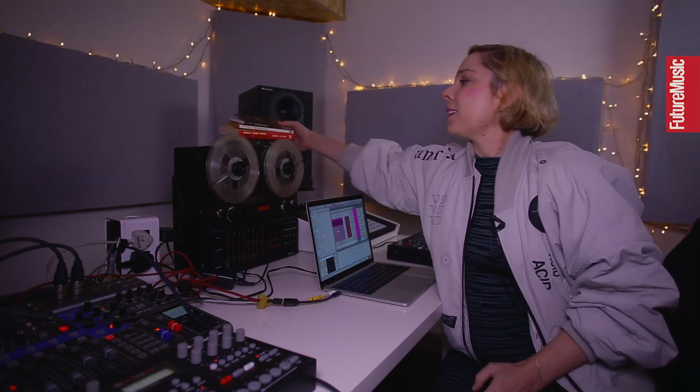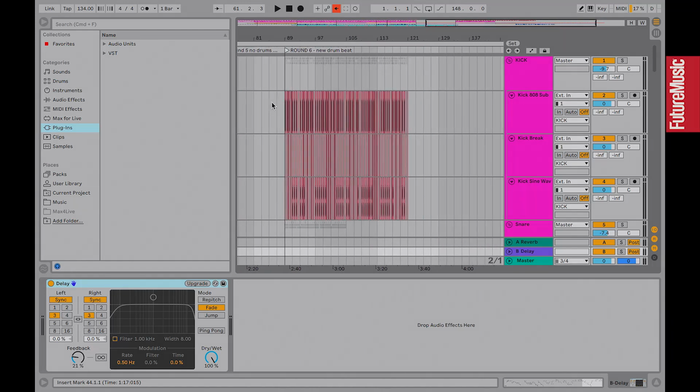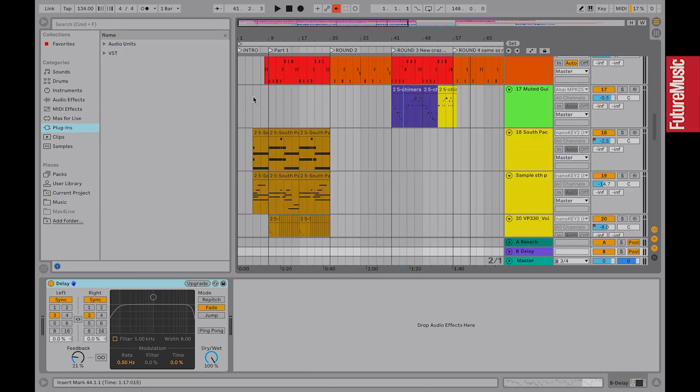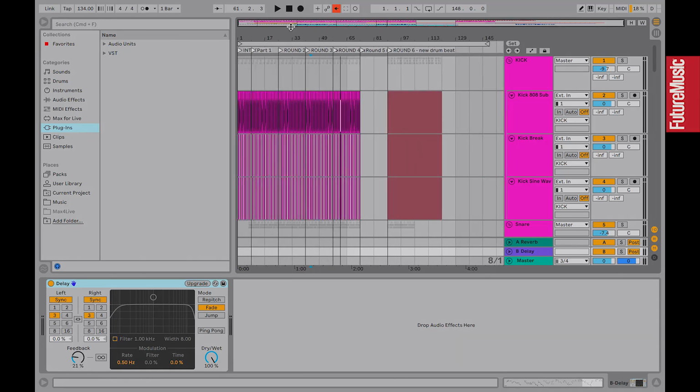So what I did when I was trying to make the track was I came to a blank Ableton session and I made different chunks. You can see it says part 1, round 1, round 2, round 3, so that every time it comes around it would be slightly different. I had the concept first and then built the track around the concept, and the lyrics are all about